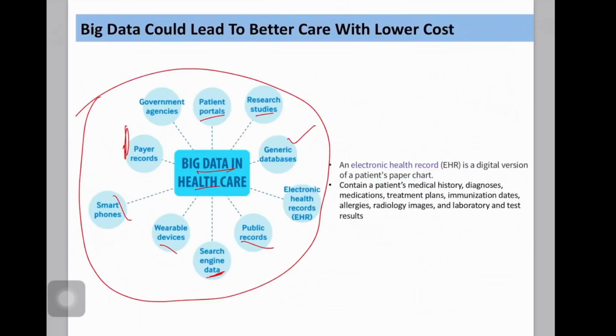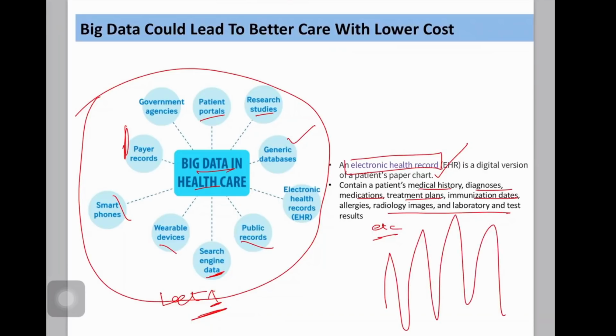I already explained in lectures 1 and 2 how big data is expanding. The healthcare record is a digital version of the patient's paper chart, as we discussed in detail about the EHR. The EHR contains the patient's medical history, diagnosis, medicine, treatment plans, immunization dates, allergies, radiology, etc. Right? So why can we not compare and contrast the data of hundreds of patients,